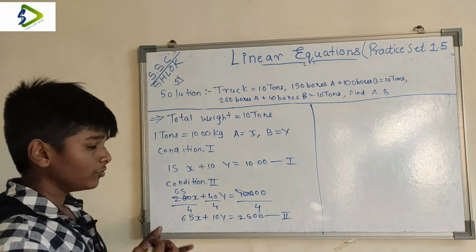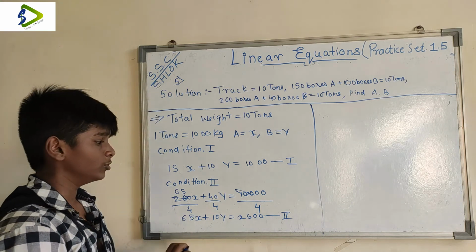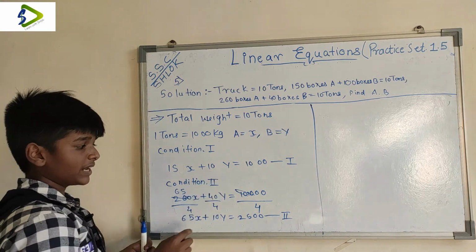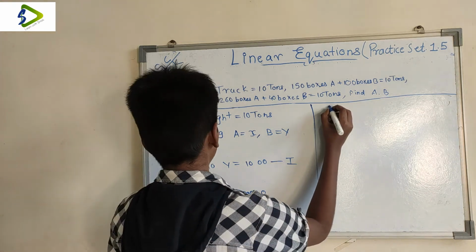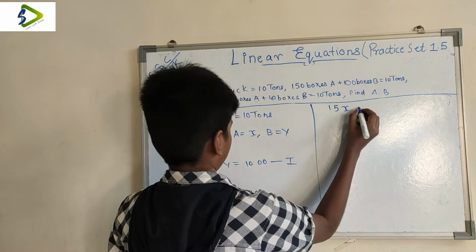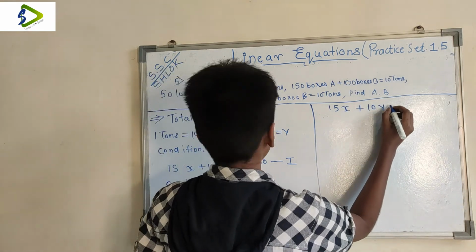So now what we can do, we can either add or subtract. We can subtract this 10. If you subtract, this 10y gets removed. So therefore we have to subtract this equation. So 15x plus 10y is equal to